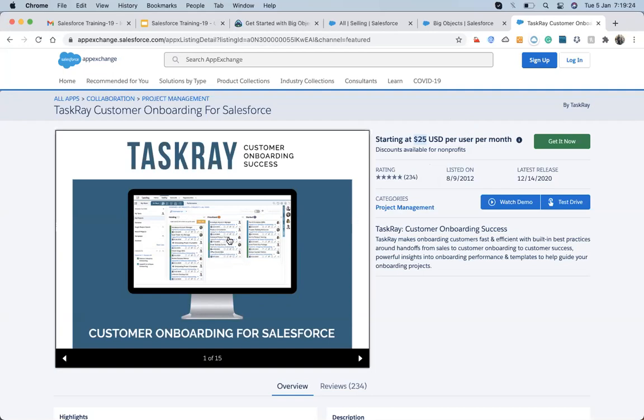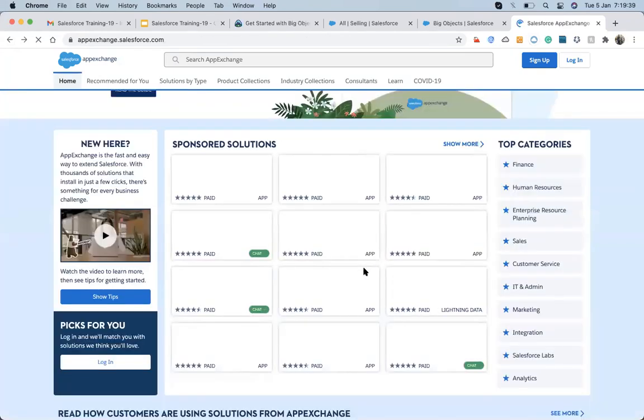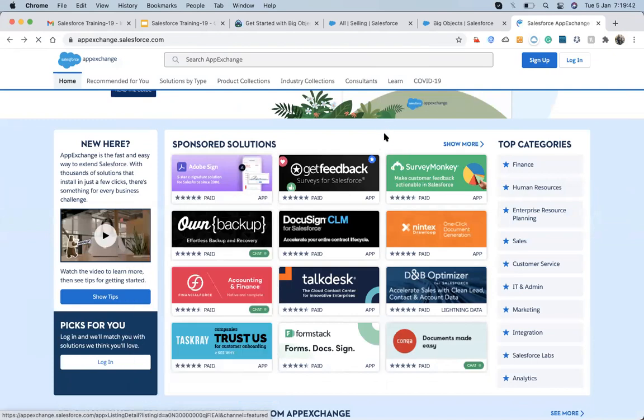Similarly, there is also an app that helps us manage our teams, like who is working on which project, task creation, these kinds of things. We have so many apps available here in the App Exchange that help solve issues that would otherwise need a custom solution. So as an admin, whenever you have a requirement that you have to solve in a custom solution, before going to the custom solution, take a look at the App Exchange and find an app that will help you solve it.